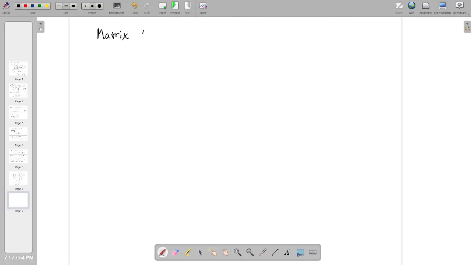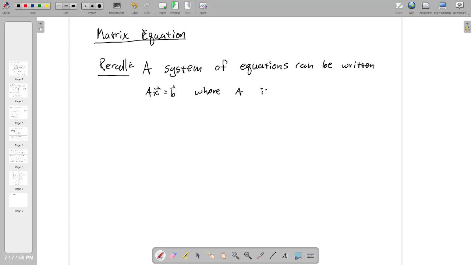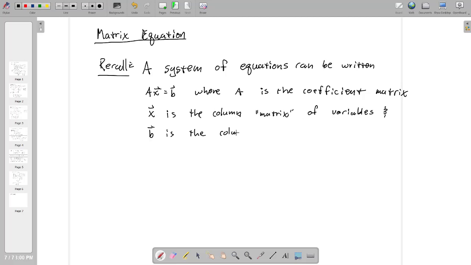The next thing I want to talk about is the matrix equation. Recall, a system of equations can be written AX equals B, where A is the coefficient matrix, X is the column matrix of variables, and B is the column matrix of solutions. So if we write this out, AX equals B, and we want to solve this, supposing that A is invertible,